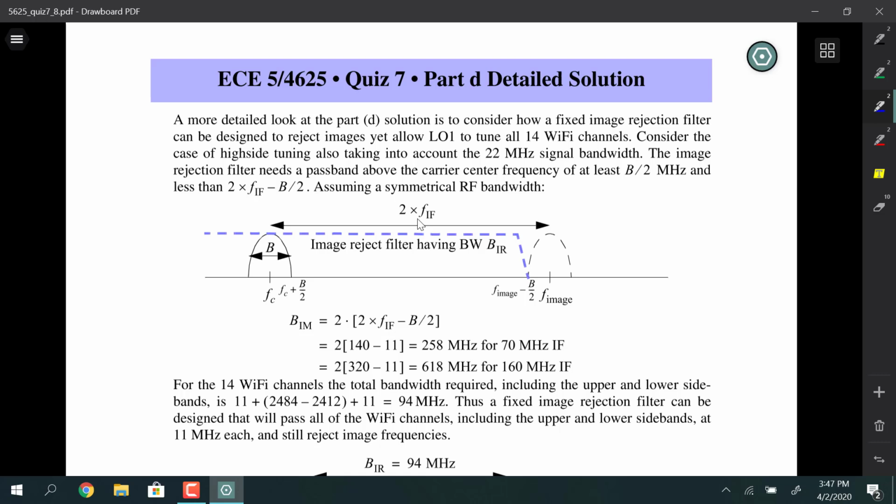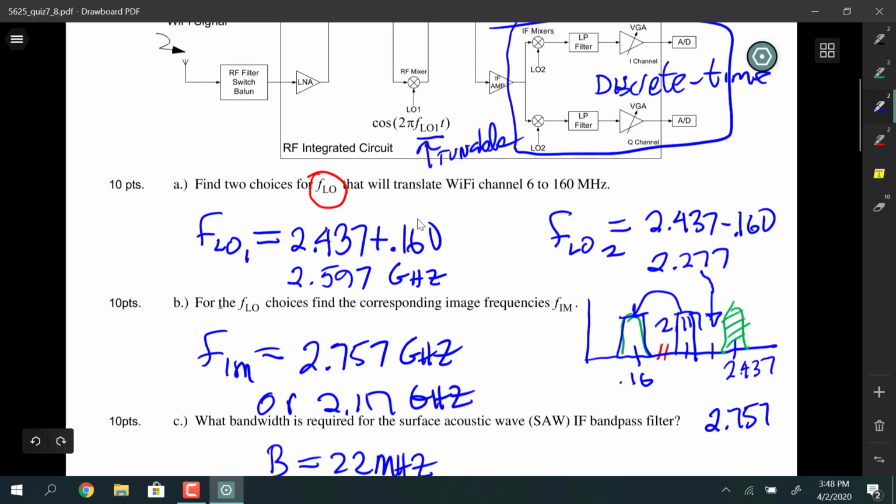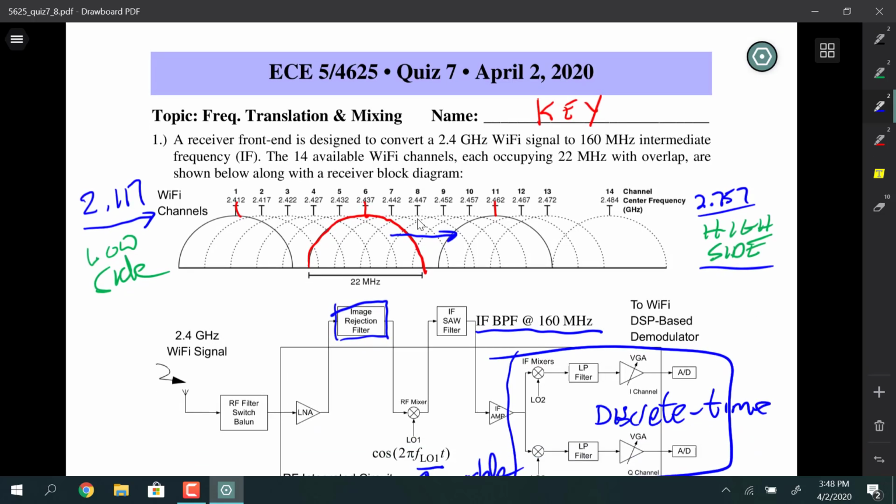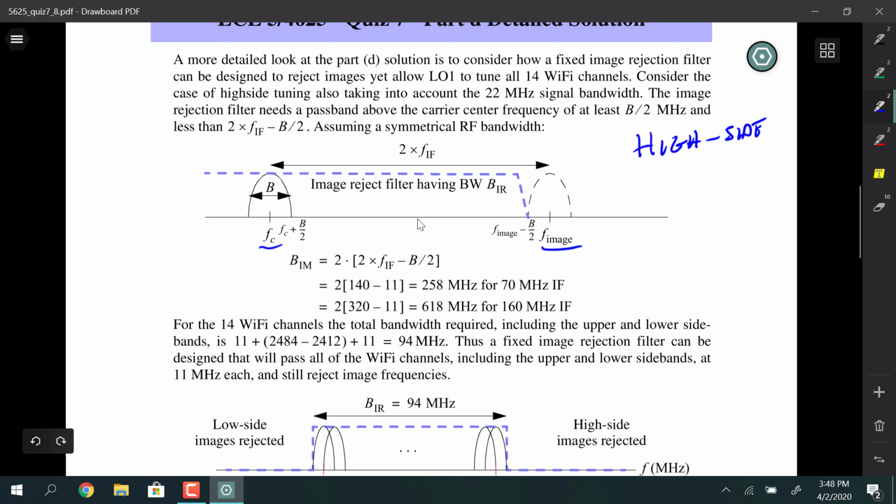I'm thinking, yeah, this is for high side tuning. I think this picture was developed for high side. Why do I know that? Because I see the image above the desired signal, and that's the scenario that we had over here. We'd have a symmetrical version of this for the other side, but the image is 2 times the IF away, so the image reject filter has to have a bandwidth that cuts off right in here,